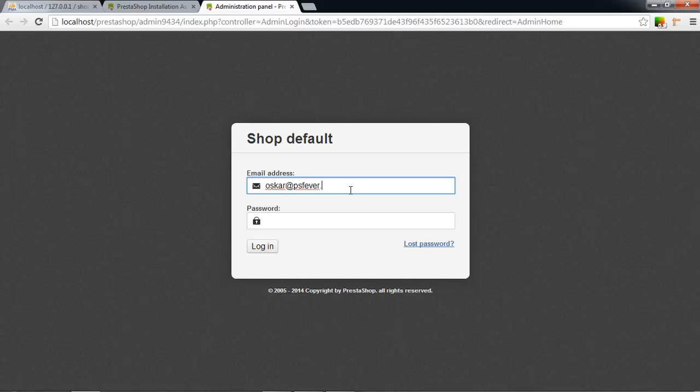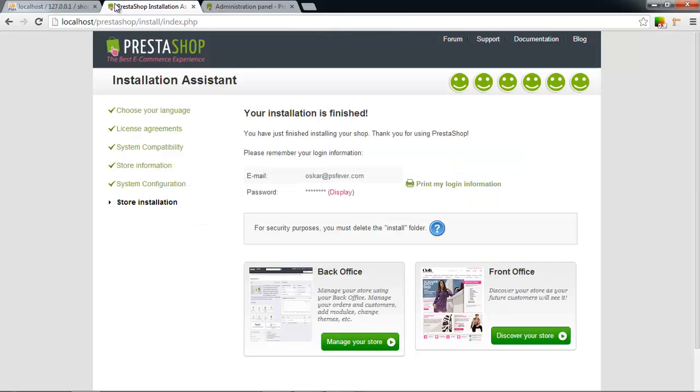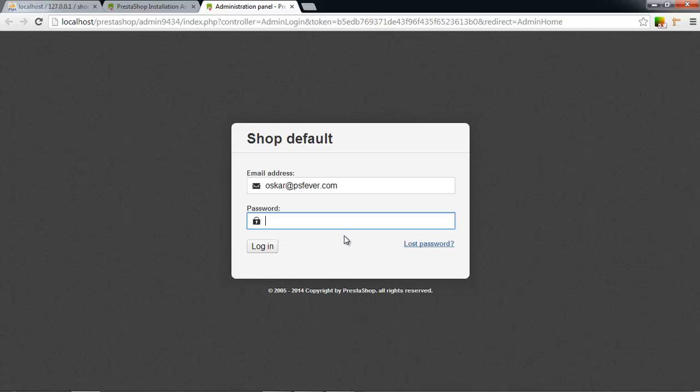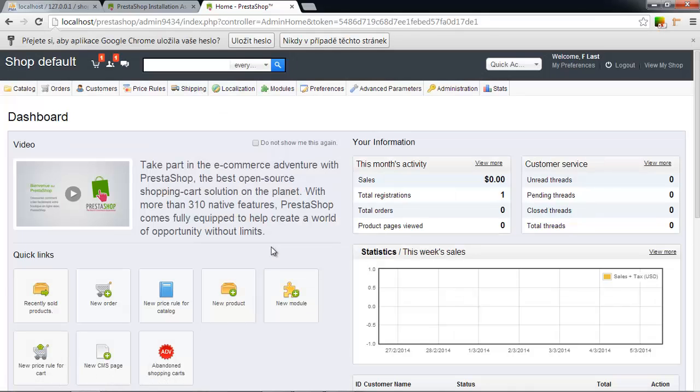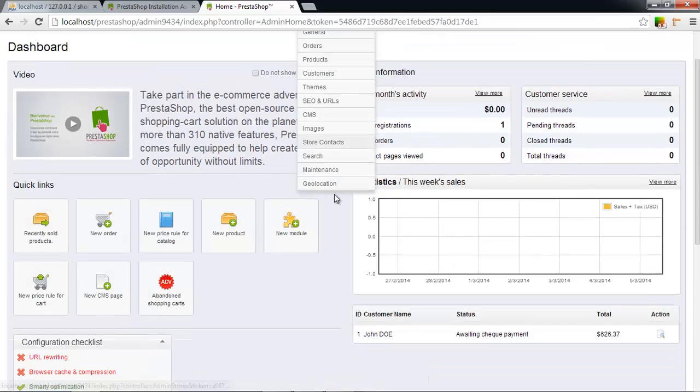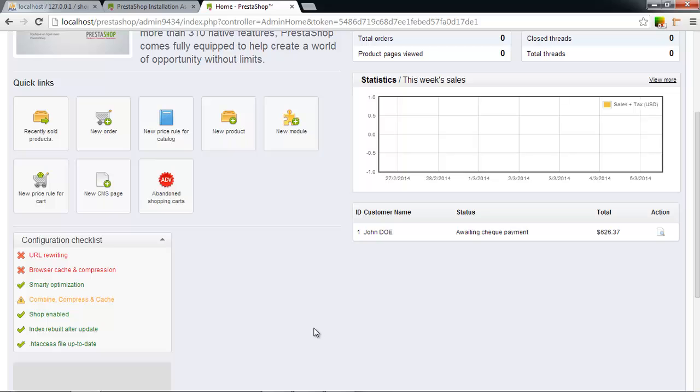Oscar at psfever.com, and if you forgot the password, don't worry, because you can go back to this screen, and here clicking on display you can see that we've chosen the most original password ever, password. And by clicking on login, we are in the back office of Prestashop,